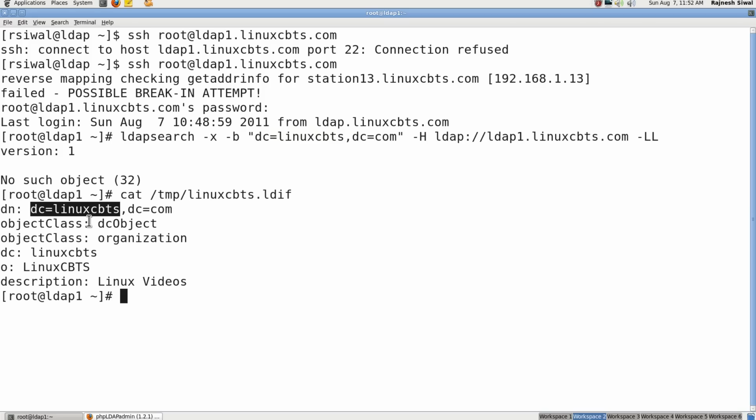Let's try to understand it. It has an object class dcObject, which states that it can have a domain component inside it. So it is responsible for providing the attribute dc, domain component, which we are using as linuxcbts. The distinguished name is unique. It must be unique in an LDAP server or a directory server. And this DC should correspond to the first part in this